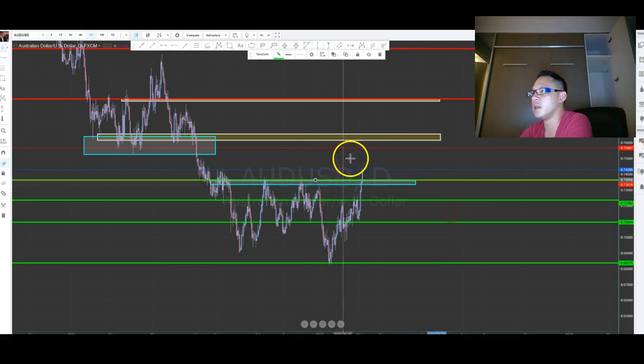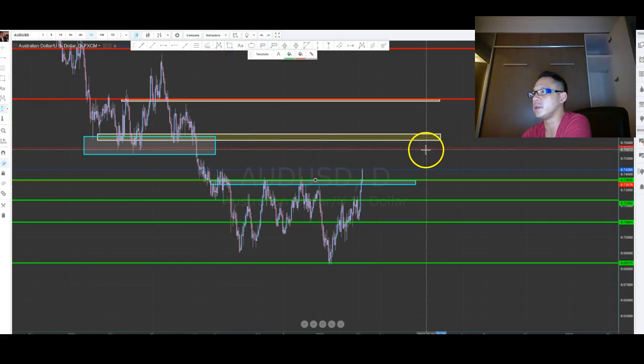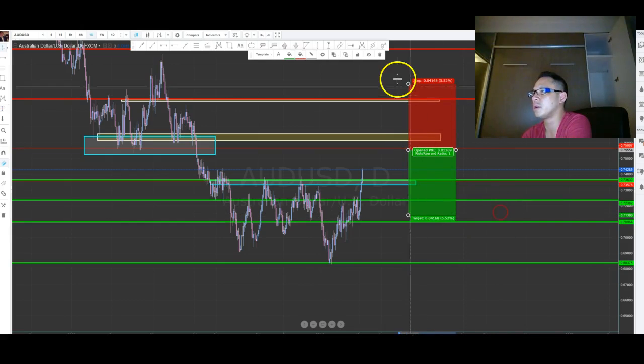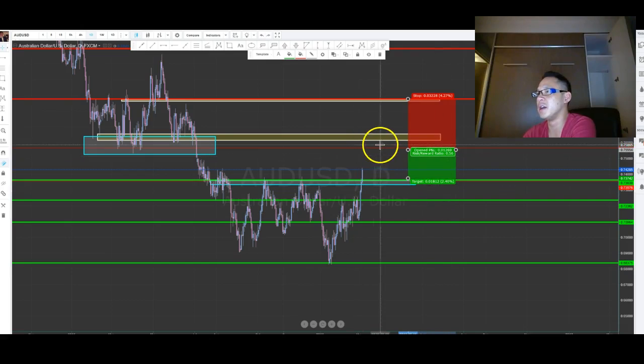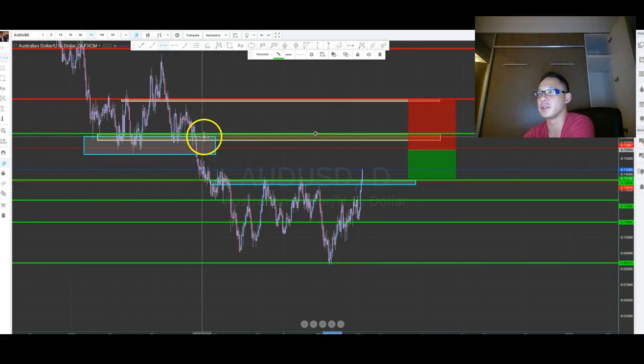If you're looking to enter here, then your risk is probably going to be, short entry, so you're risking this much to gain this much. So it's not really ideal. What I'll do in this case is I'll just wait for price to go up higher, because if you move your entry from here to here, which is a good area because there is structure, right?